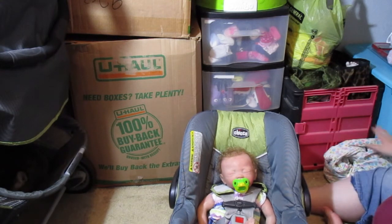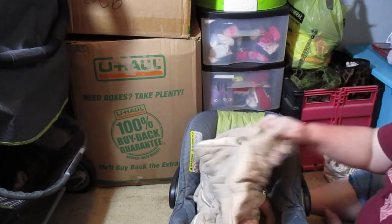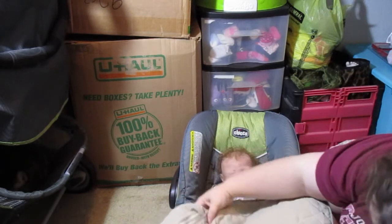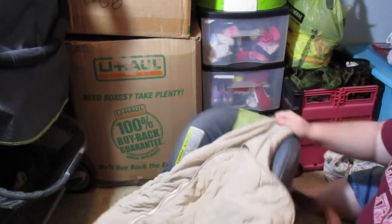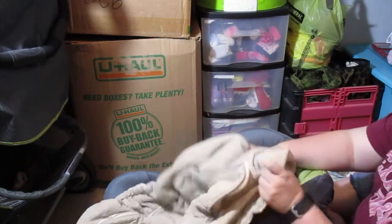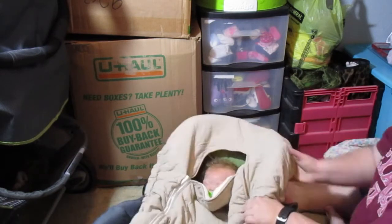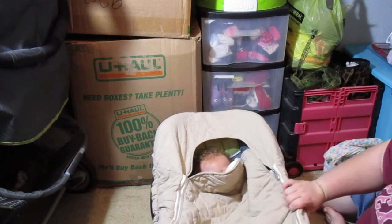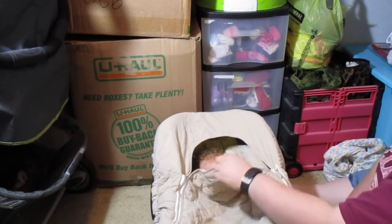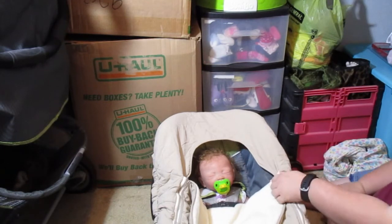But that's why Bundle Me's are unsafe. People have asked what is safe. This is called a shower cap cover. They don't go anywhere between baby and the harness. This is actually from the same manufacturer as Bundle Me JL Co., and it's just as nice. I mean, you don't have the fuzz around there, but once again,